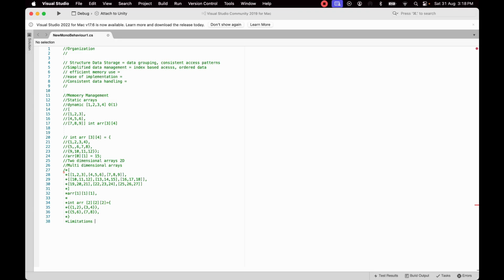So multidimensional arrays are a powerful and versatile data structure that can represent complex data in a structured format. They are essential in fields like scientific computing, graphics, and machine learning, where data is naturally multidimensional. Understanding how to declare, initialize, access, and manage memory for multidimensional arrays is crucial for effectively using them in your programs. While they can offer great flexibility and efficiency, they also come with challenges in terms of complexity, memory management,